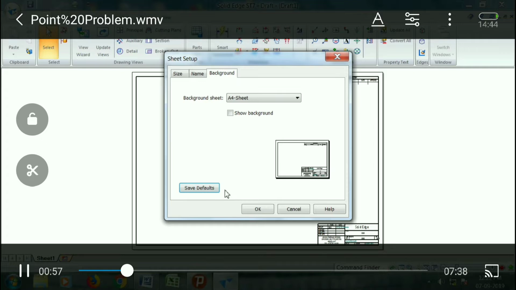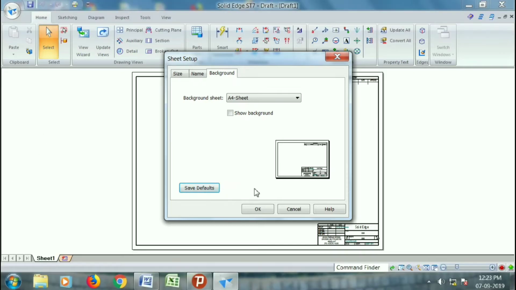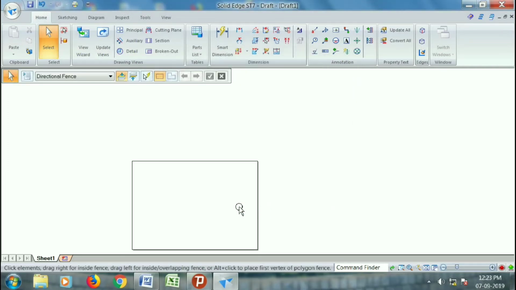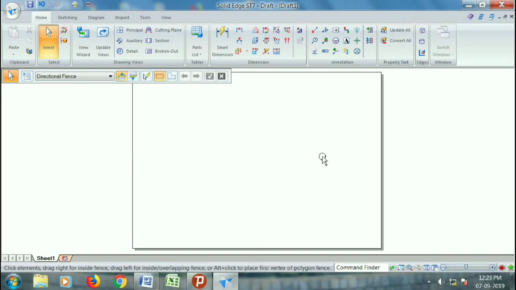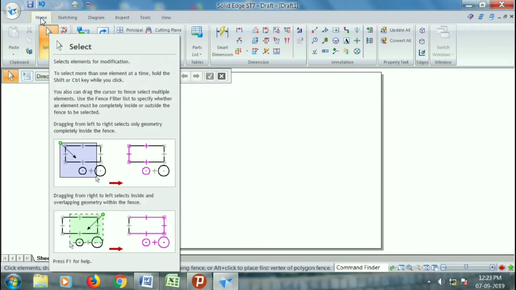Okay, then click OK. So this is the A4 size sheet, and click on fit so that it will fit to the window size. Now go to the sketching mode,